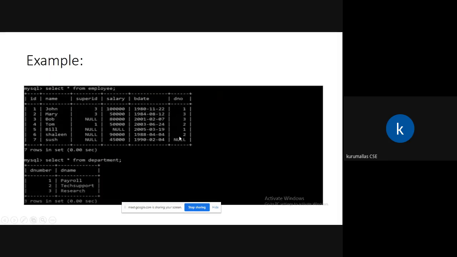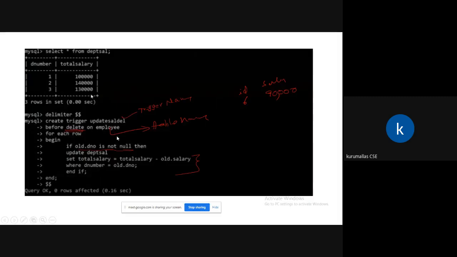Old.dnum is 2, and the old salary is 90,000. So dnum 2 with salary 90,000. Since 2 is not equal to null, then update total salary.